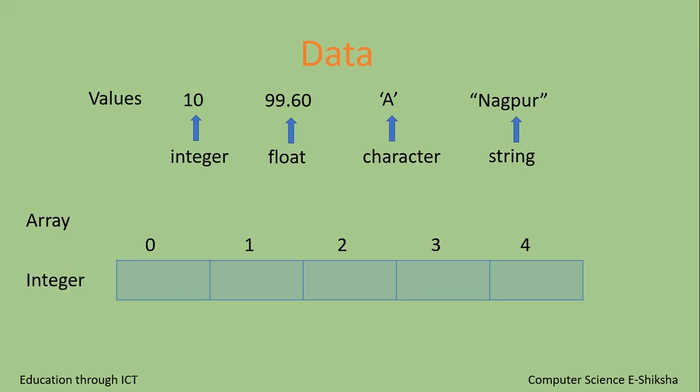If the array is of type integer, we can store only integer values in this array. And if the array is of float, then we can store only float values in this array. If the array is of character, then we can store only character values in the array. So we can't mix two or three different data types together to store in an array. So if the array is of any specific data type, we can store n number of data elements in an array, and which will be stored in a sequential manner in a continuous memory location. So this is the basic way to store multiple data, but